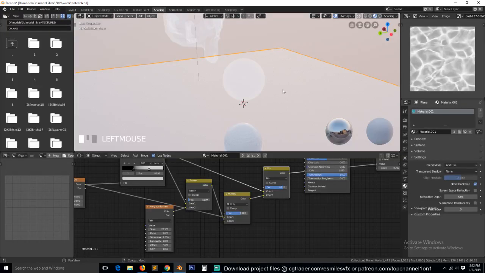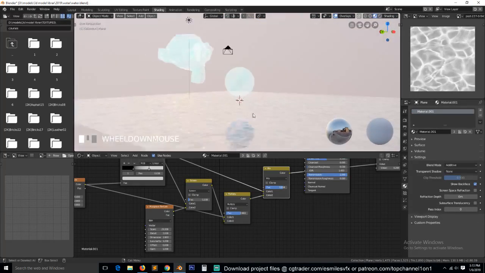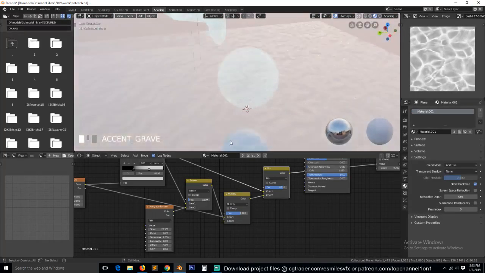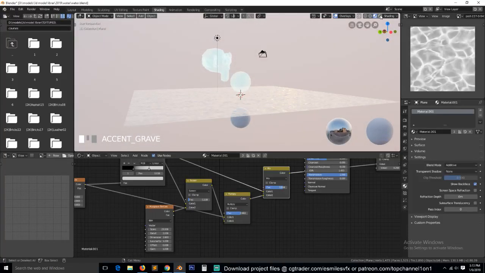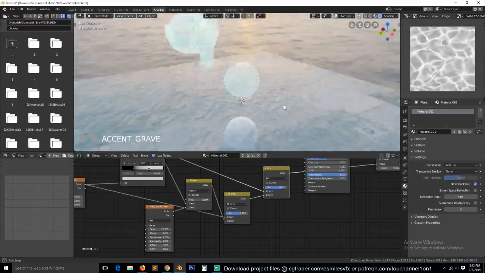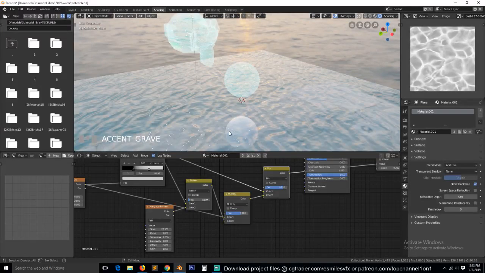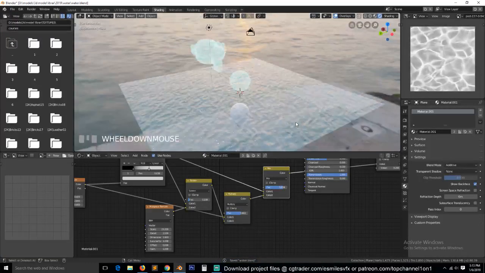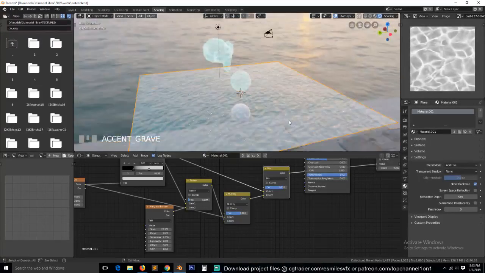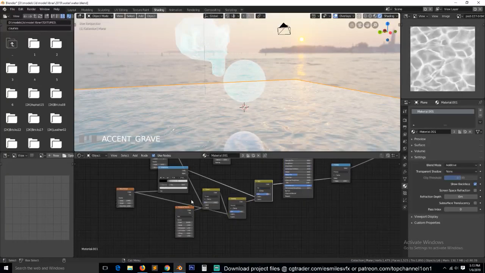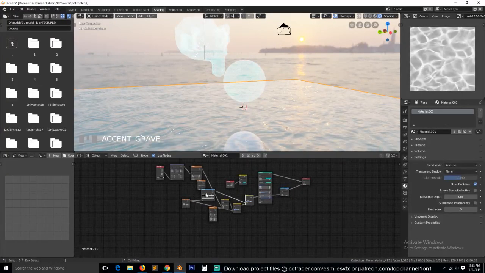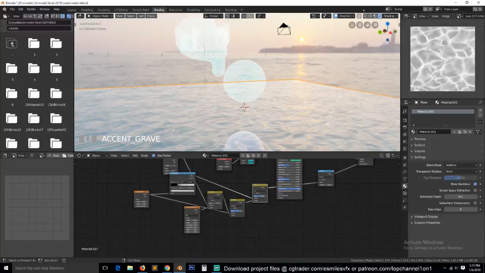This will render the texture with transparency, so that any objects underneath can be visible, but then you will also lose some of the color values in the water. That's the problem, but yeah, that's how you make a water shader. It's just playing around with these nodes, texture nodes, and mixing them together. But let's first bring this back to opaque,